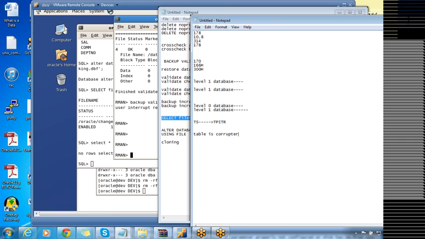So in order to restore this particular table itself, we have to mimic the same approach which tablespace point in time recovery has used. It duplicated the database using the backup files, and then it performed the export and performed the import. In a similar way, we have to duplicate the database into a different database using the backup files. Then we will export the table from the duplicated database, and we'll import it back into